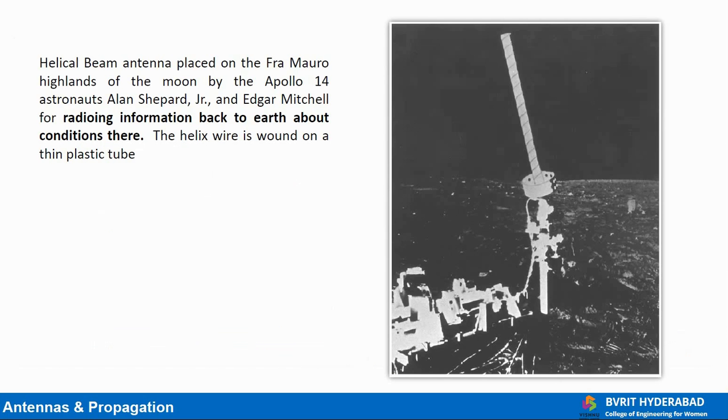The helical antenna has been carried to the Moon and Mars as shown in the figure. It is also on many other probes of planets and comets, being used alone, in arrays, or as feeds for parabolic reflectors. Its circular polarization, high gain, and simplicity make it especially attractive for space applications.